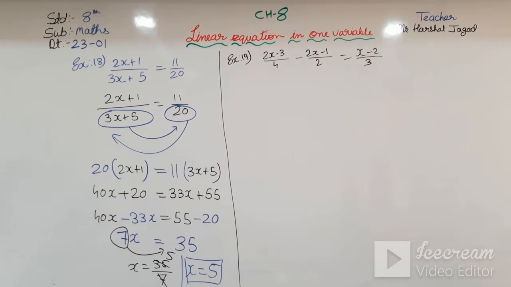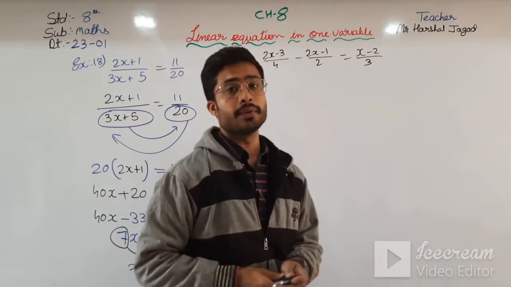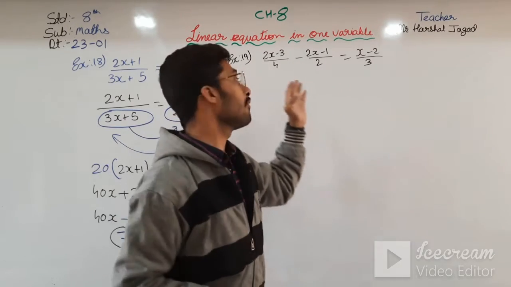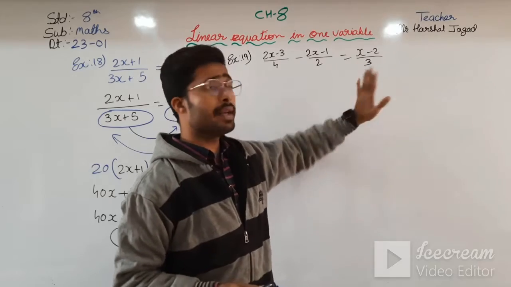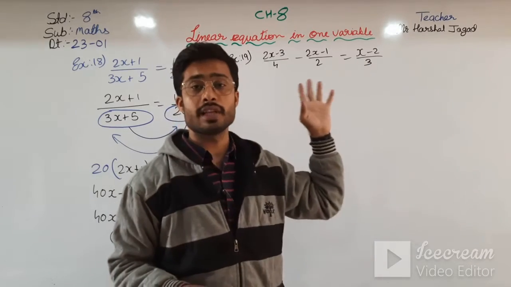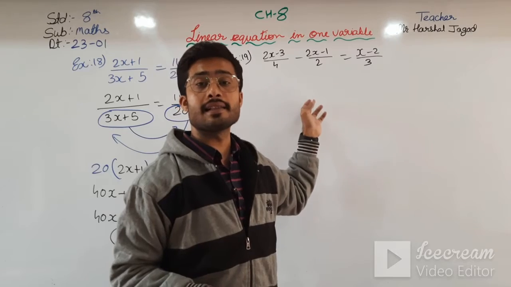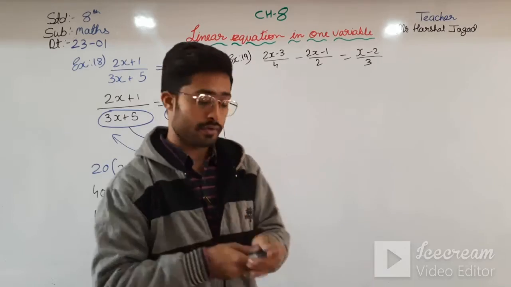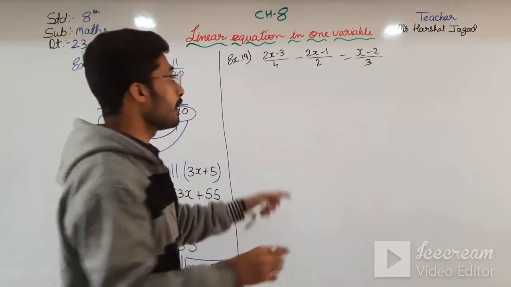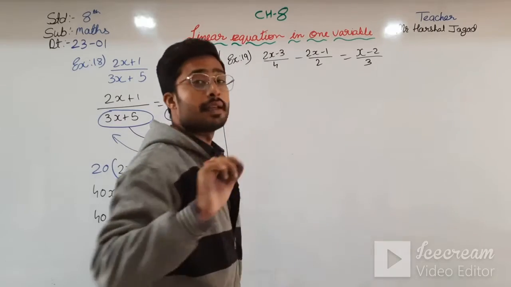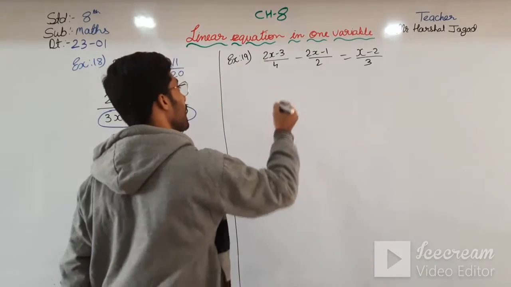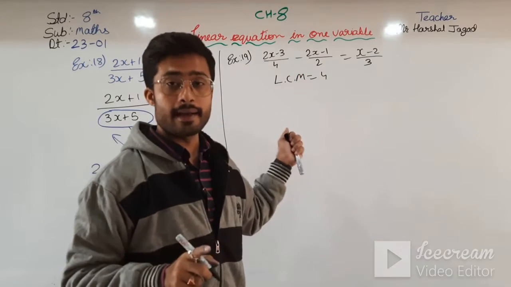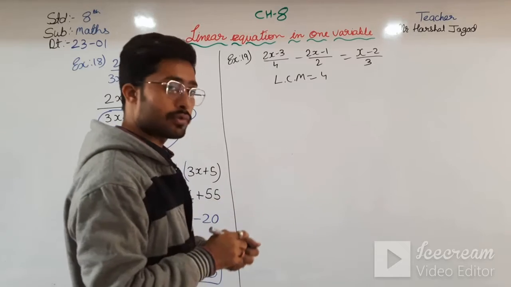So how will we solve this? First of all, you know that this is subtraction. If subtraction or addition is there, then we have to take the LCM. This will remain as it is, but this term has changed. So first of all we have to take the LCM of 4 and 2. So we will get our LCM, that is 4. You can find the LCM by yourself. If I take the LCM of 2 and 4, then the LCM will be 4. So I am writing LCM is equal to 4, and you have to find that yourself when you solve the example.